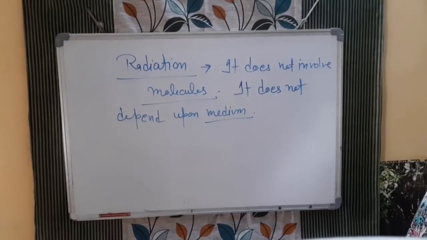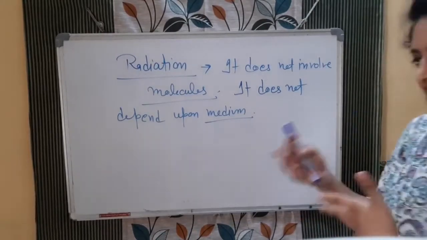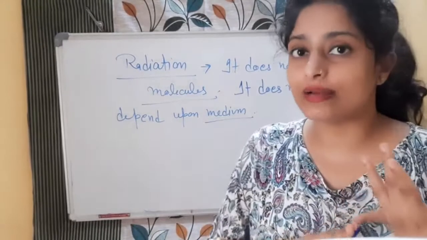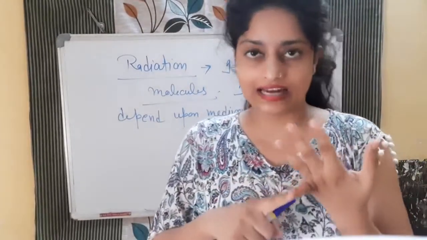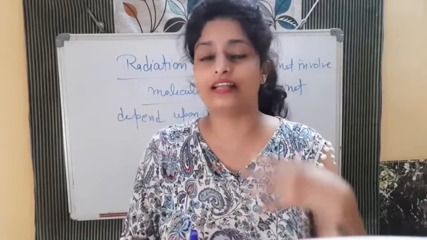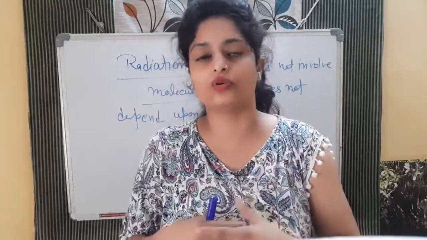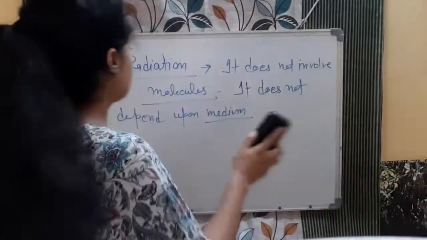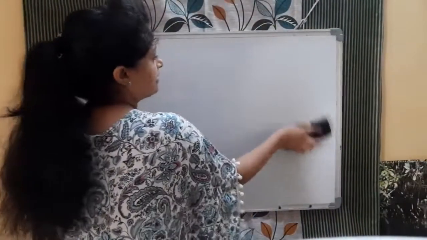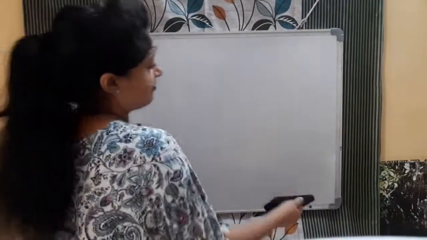Okay, let me summarize once again. Conduction is the method in which the molecules get the energy and transfer the energy from one to another. In convection, the molecules are changing their position; there is partial movement of the molecules. In the third, there is no role of the molecule, nothing is involved. So there are three methods: conduction, convection, and radiation. I hope that now you got the three modes of heat transfer.